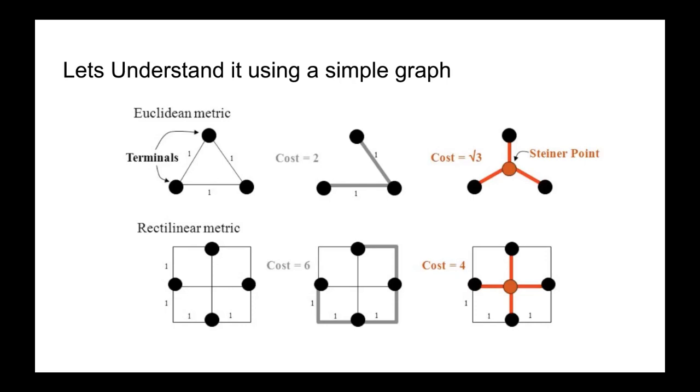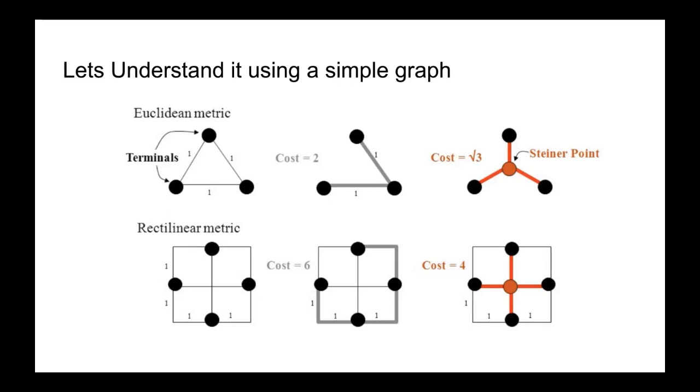So the cost will be of connecting all these required vertices. Let's say the required vertices are three in this case for the triangle. Then we'll obviously need to cover all those three vertices. So the minimum cost that we can do it in is two. Basically, we're connecting one and one, so the total cost is two. But an optimal solution would be having a Steiner point in the middle, and then the total cost will